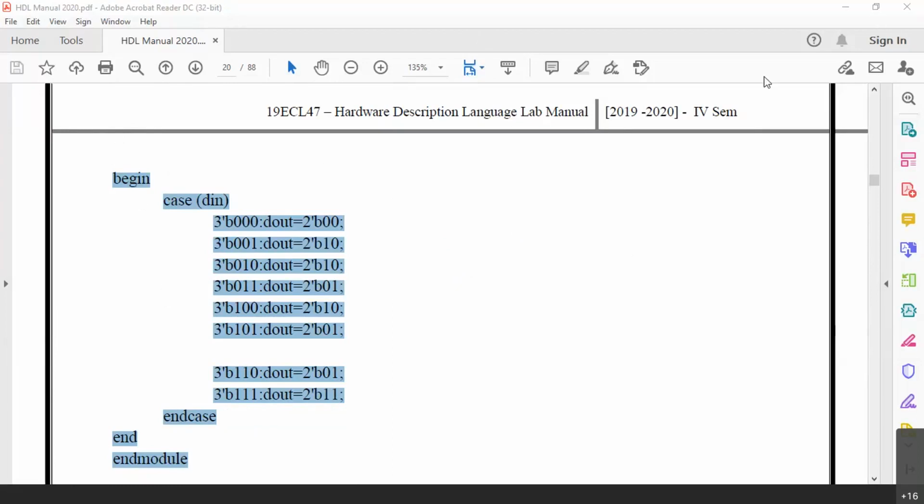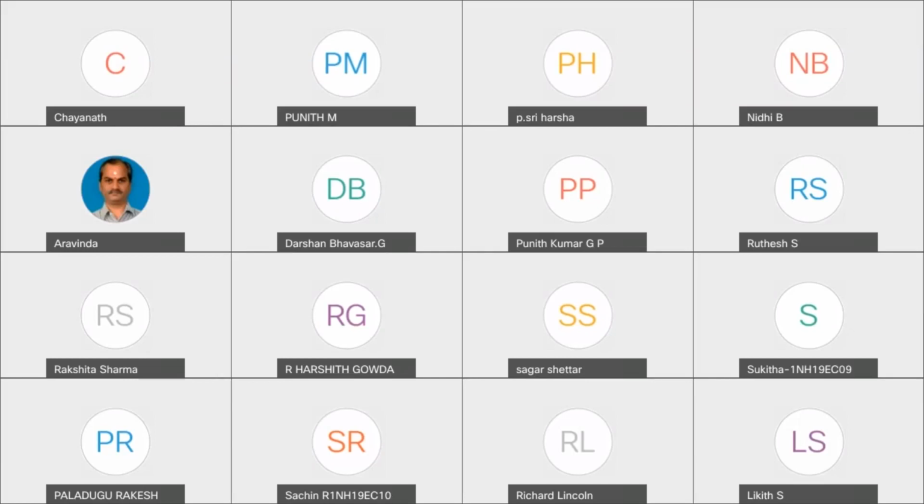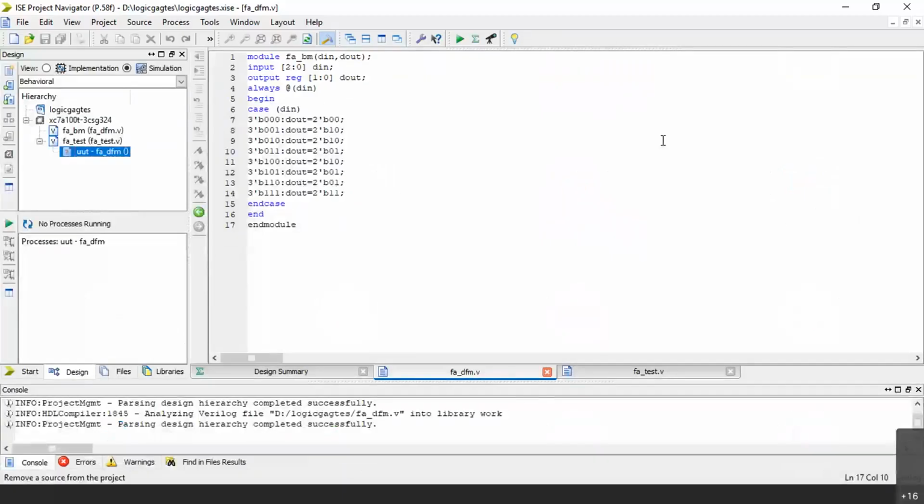Let me close this GUI. And now let me share. Now let me share the Xilinx ISE. So here you can see I have copied that Verilog code with the behavioral description. Don't worry about all these indentations because I copied directly. It has come like this. It has not come so structured in the way in which I showed in the